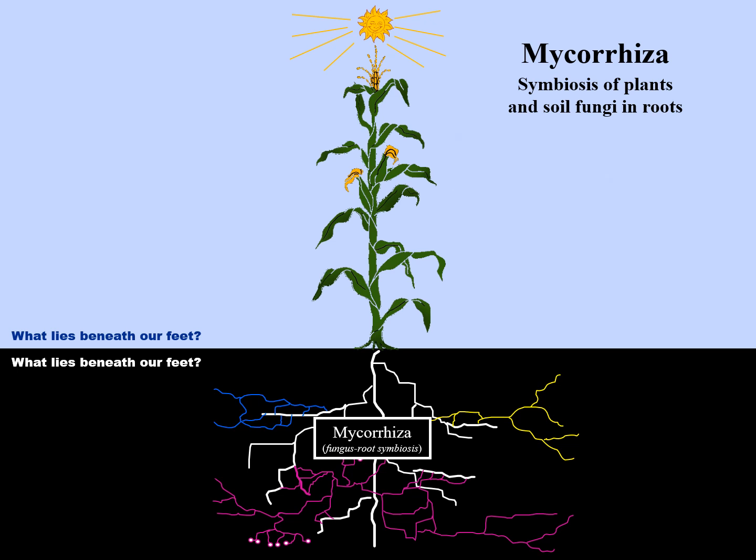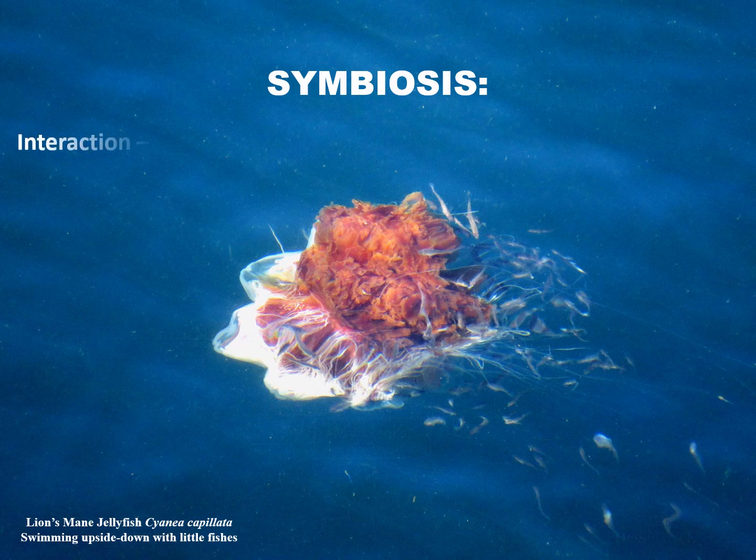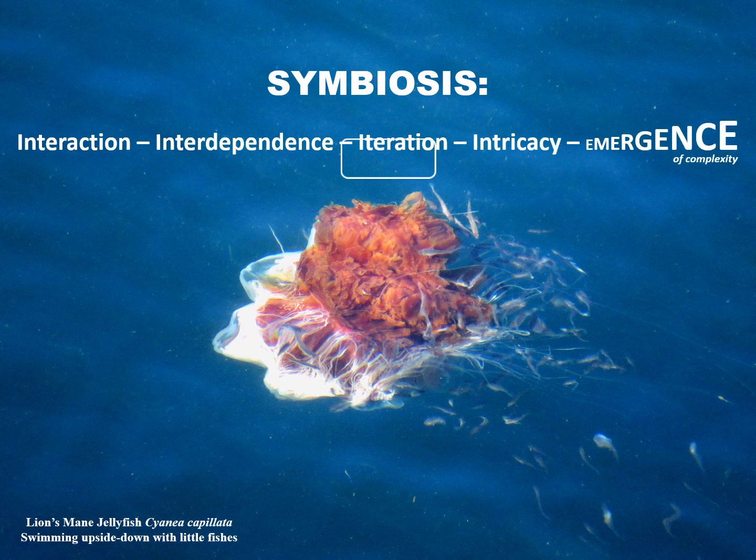The sun shines on the plant, which manufactures carbohydrate the fungus is unable to synthesize for itself, contributing about 20% to the mycorrhiza, thus feeding the fungus. The fungal partner is able to access low concentrations of soil phosphate, which the plant roots can't, transporting it into the roots and thus into the mycorrhiza, feeding the plant. With that important definition completed, albeit far too concisely, we will return to the emergence of complexity.